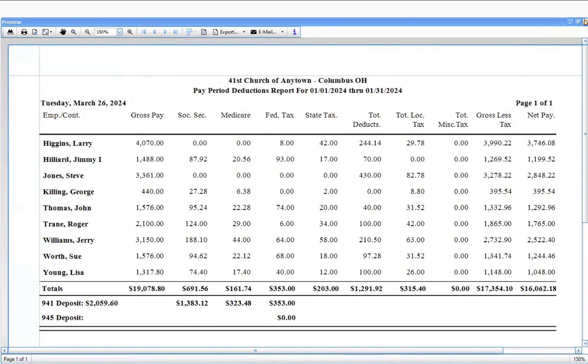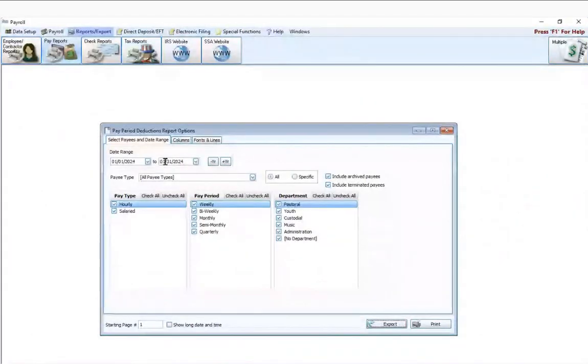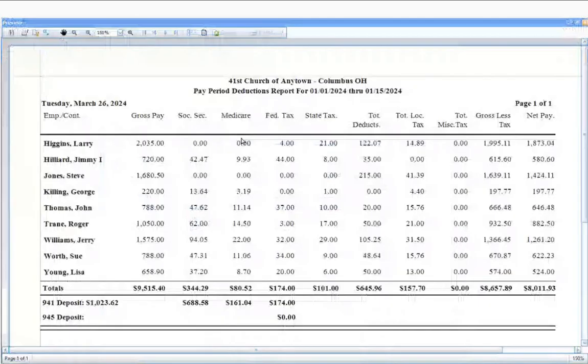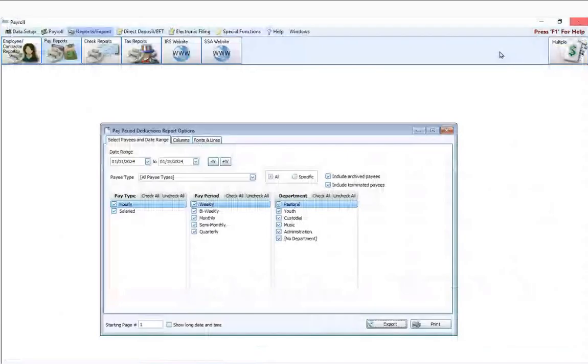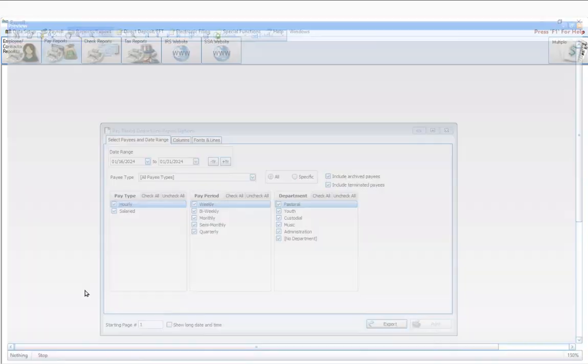If you're a semi-weekly depositor, then of course probably our date range would be entered as 1/1 through 1/15 of January, okay, for the first half of the month. There's my half month there. And then when I was ready to run it for the second half, I would run it from 1/16 through the final day of the month, in this case, January 31st,